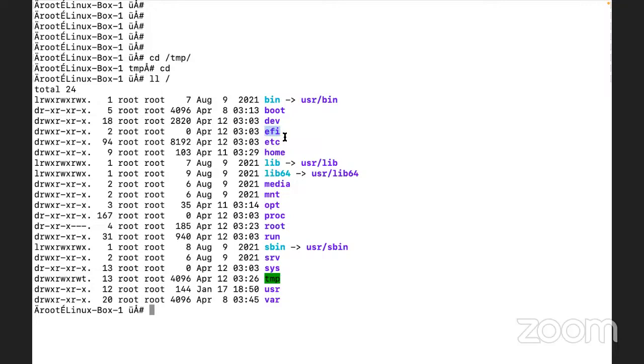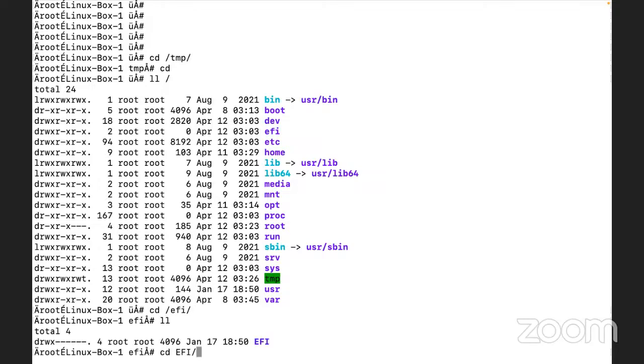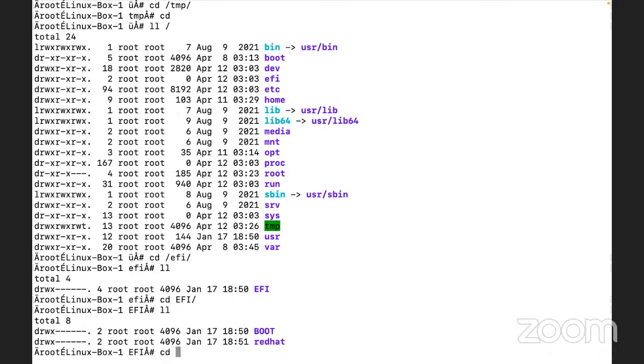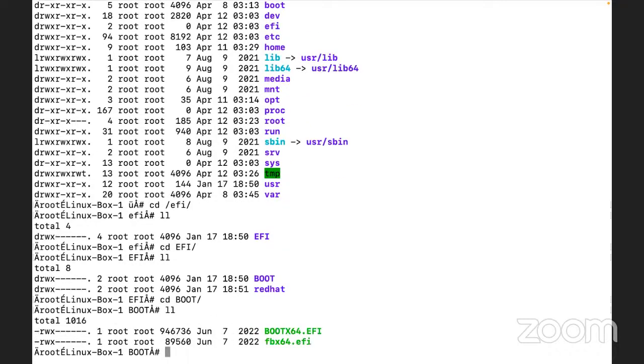After that, there is a folder known as EFI. The size is 0, but even so I would like to let you know there are boot.efi and fbx64.efi. These two files are available read-only, only for user root. These are system files.